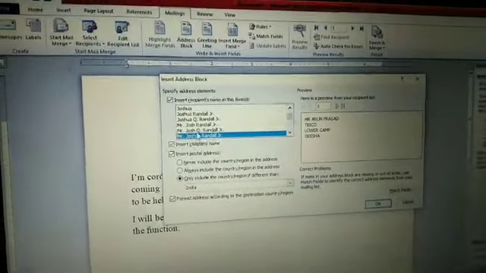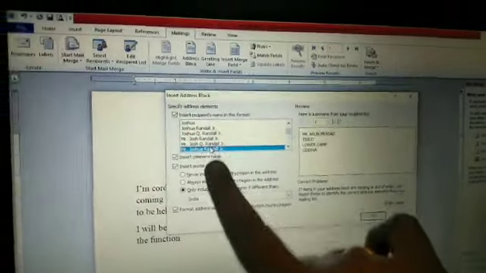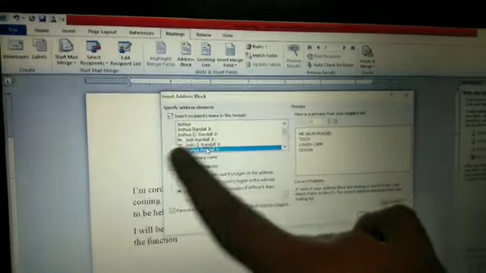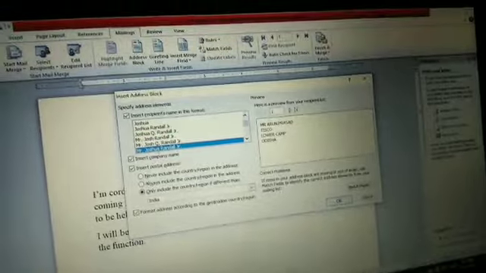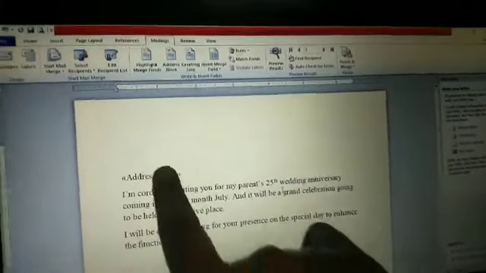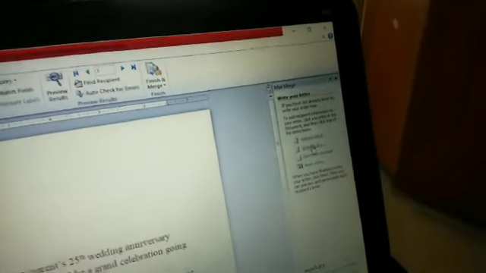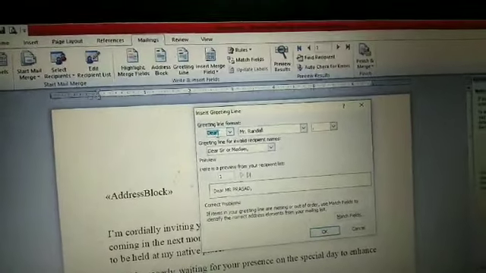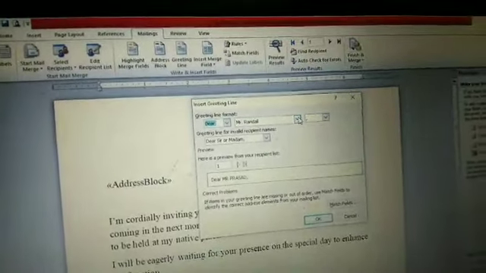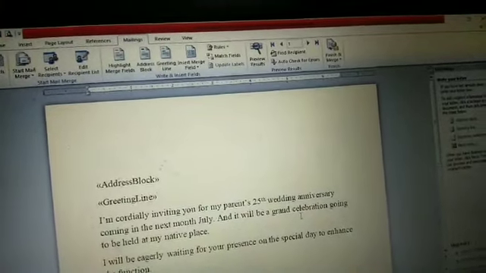After I click on this address block, it shows something. Here you can see which kind of name you want to add, Joshua or Joshua, this is all an example, okay? How you want to give the presence of your invitation. So just giving that, okay. Here this address block is added, press enter, and the next one is greeting. So you want to invite them with greetings like dear Mr. Randall, okay? Whatever. So I'm giving okay. Here in the next line, the greeting line is added.